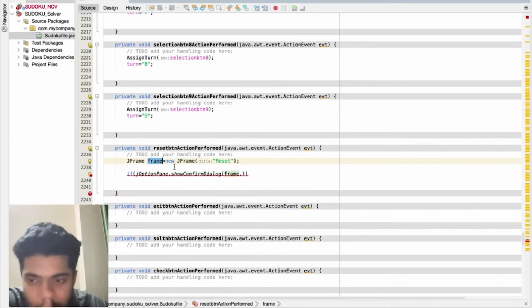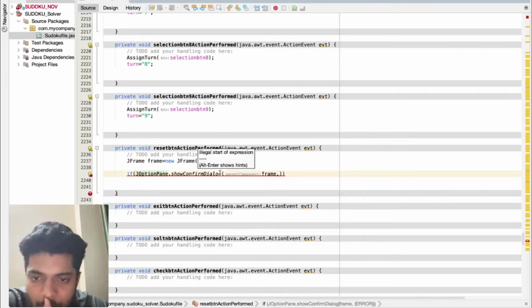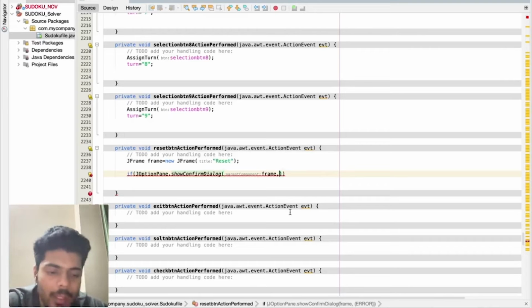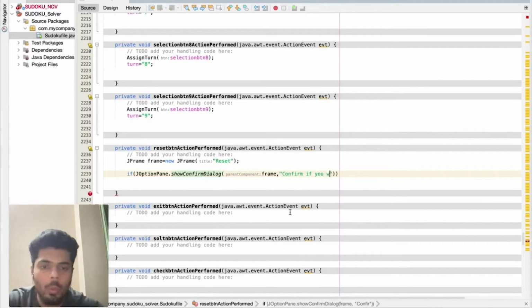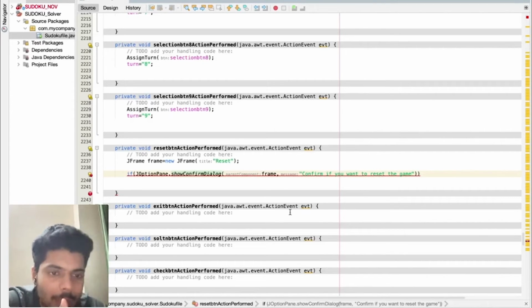So let me make the J capital. Show confirm dialog, where frame is going to be the parent component. We're going to show the text, confirm if you want to reset the game. A very simple, crystal clear message.